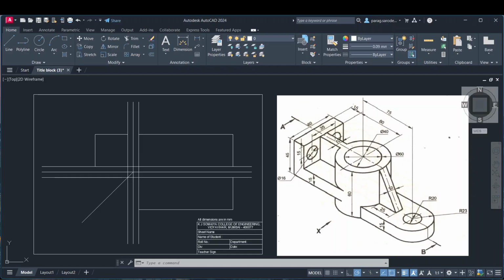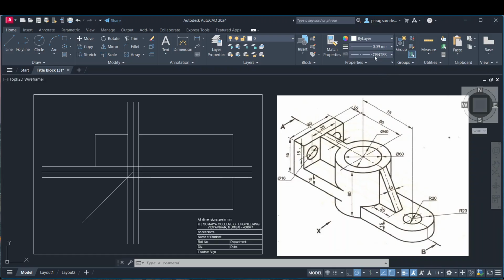more number of circles, and the circles which appear in their true shape, that is in the top view. If you look at it, we see that this is a circular hole, this is again a circular hole, and there are two more circular parts, so it is easier to locate the other views in reference to this. So we take a center line